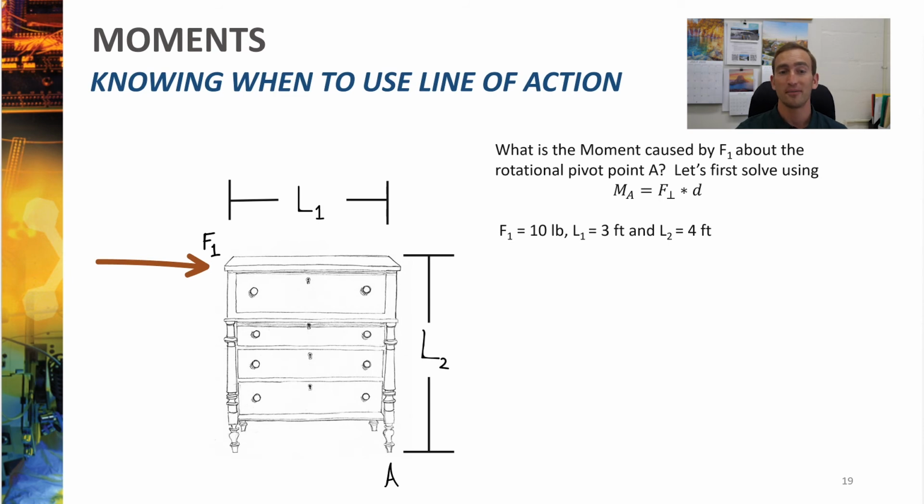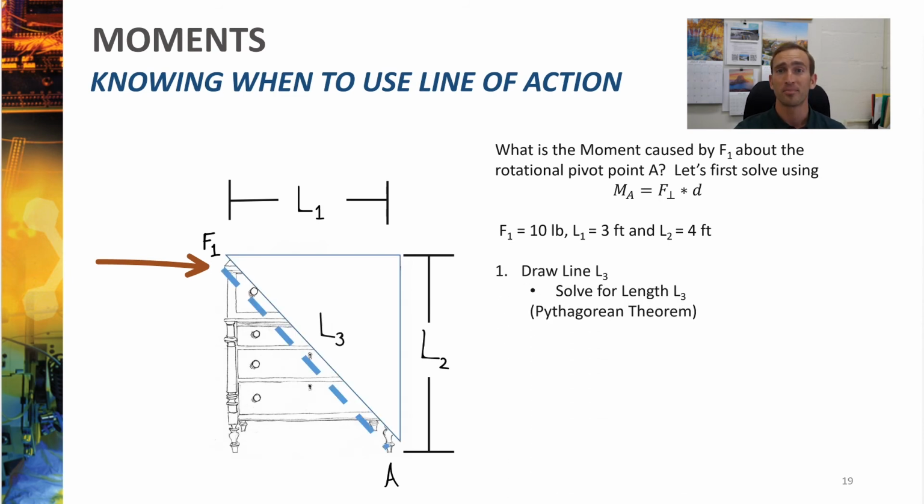What you would have to do is find the distance L3, because that's the true moment arm between your force F1 and point A. So you'd have to solve for the length L3 using the Pythagorean theorem, which you could probably do, you're all pretty smart, and then you'd have to draw it. But when you look more closely, force F1 is not perpendicular, so you'd have to draw perpendicular and parallel